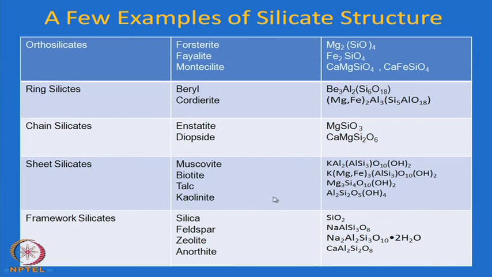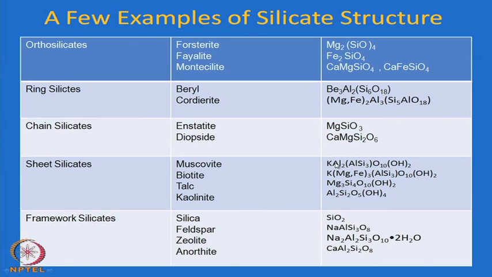Talc is another very important mineral, which has a soapy feel, is a fine form, and it is where the name talcum powder came from. So, talc is basically a naturally occurring mineral with a silicate structure,